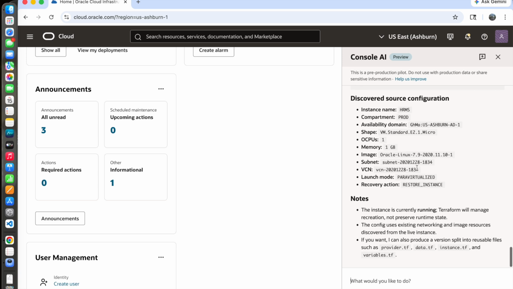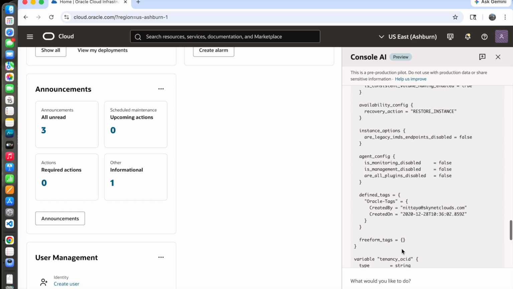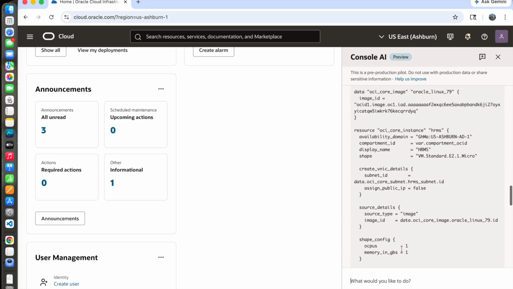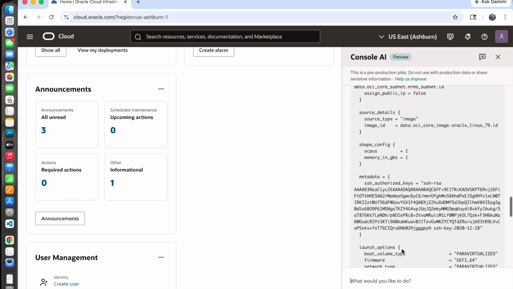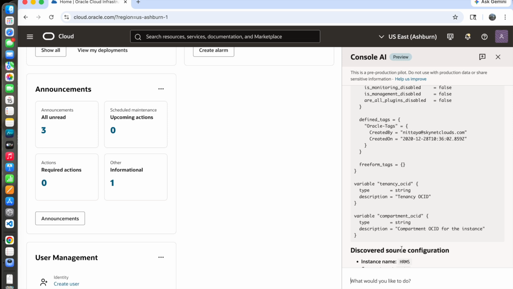So it discovered the details of my test instance, and it's ready to give the output. And here you can see it created the Terraform file, which you can copy paste and trigger to create a new setup. Not only that, if you feel like you have to optimize this one, or you have to improve more security, you can ask the Console AI to do that. It will perform the task. So basically it's a good